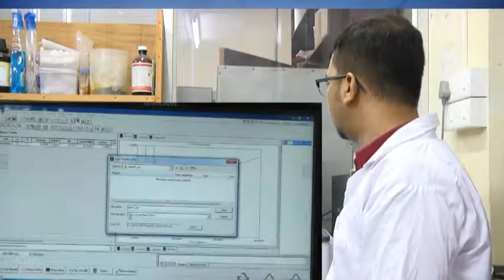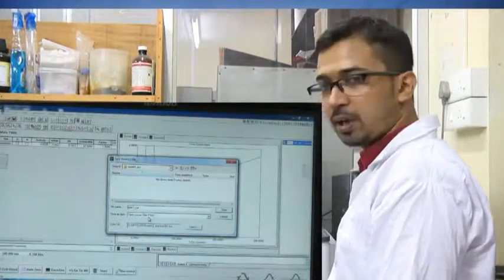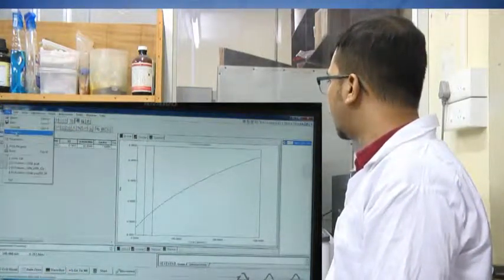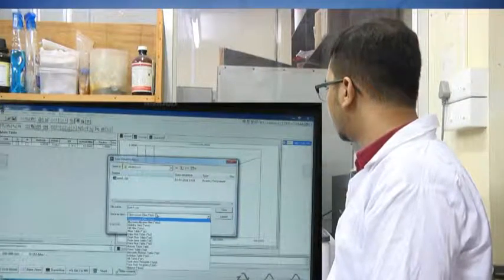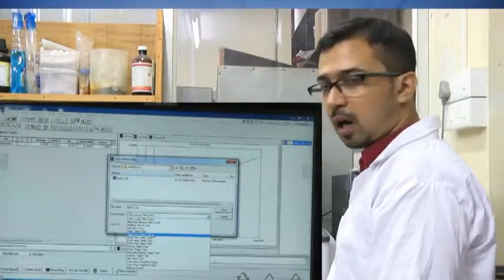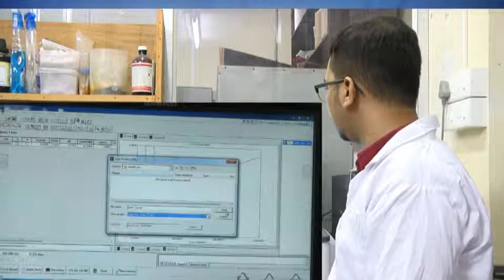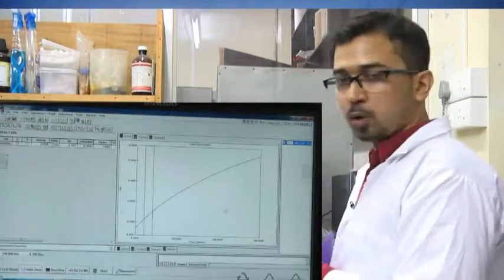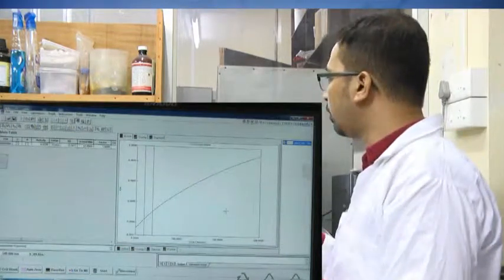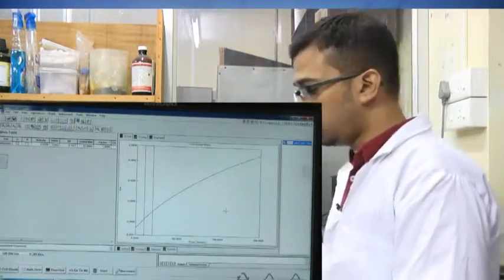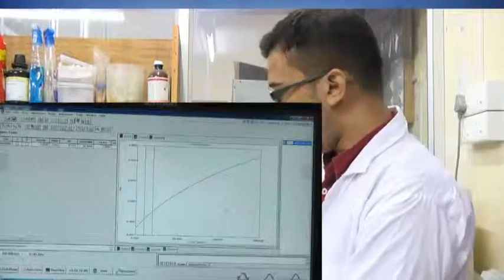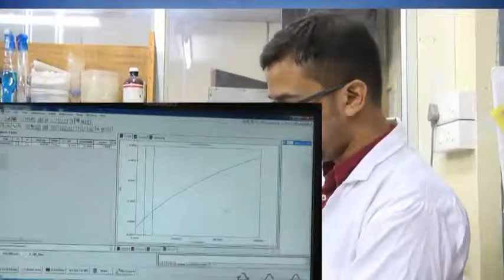The saving type in case of time course is .kin kinetics file mode, and again we can save this as a text file, that is a data printable. Whether you save or not save this one is not important. However, what you need to do is record the values. So, I will record both the activity and the milli-absorbance per minute.